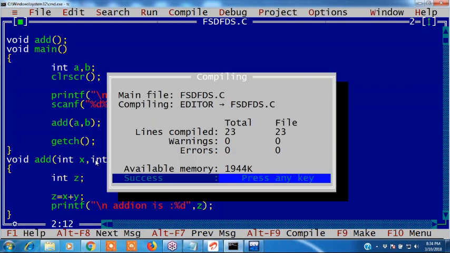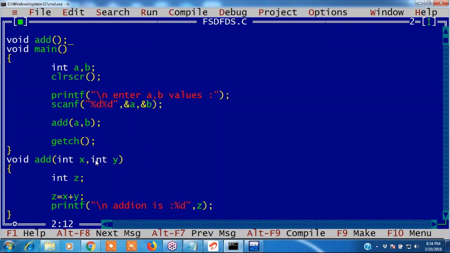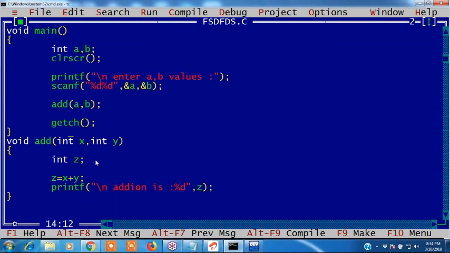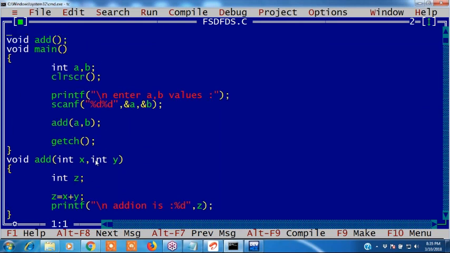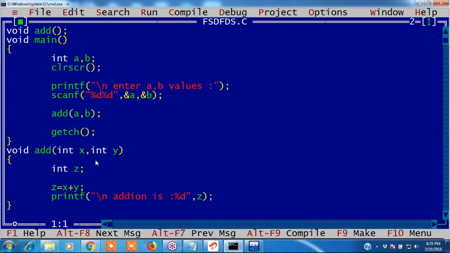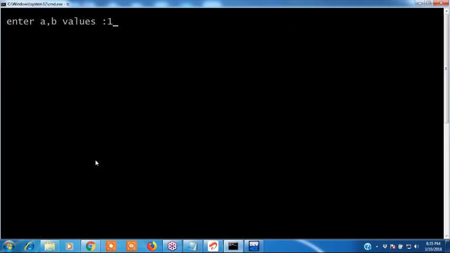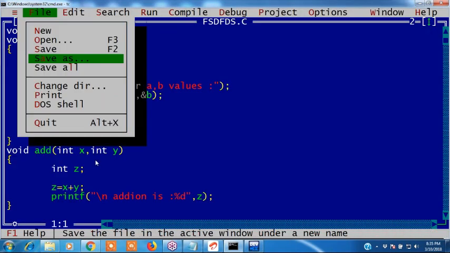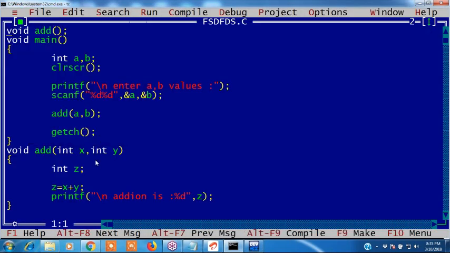Compile. Void main, enter a and b, add a and b. 12 and 13. Output is 25.